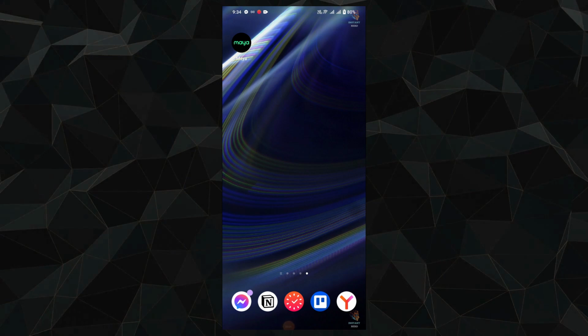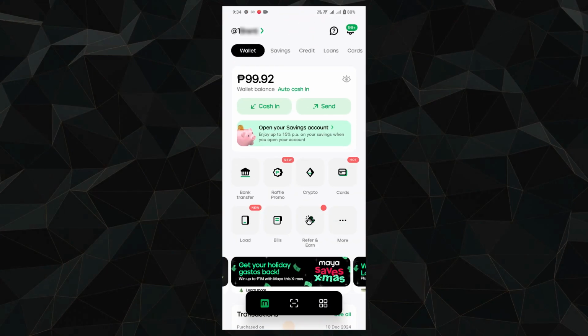Today I will be showing you how to change account name on PayMaya. Okay, so how do you do that? So first you want to tap on Maya, and then you just want to tap on your name on the top left corner,